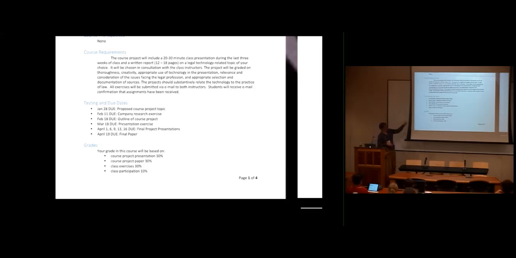That second assignment we actually modified. This is an original version of the syllabus, and after we posted it on Sakai, it became a work in progress, like syllabi often are. That company research exercise originally was going to be: go out and research some legal technology company that's having a big impact in the industry, and write a 3-page summary or something like that. We ultimately decided to change the scope a little bit, and we had them do a document management system review. So it was a critical review of document management solutions out there.